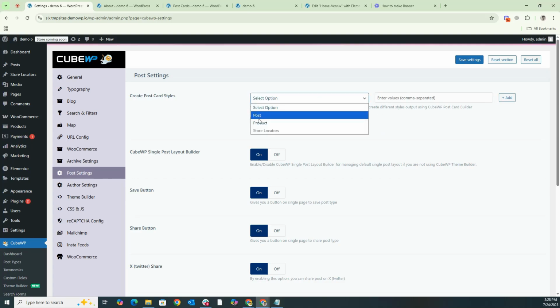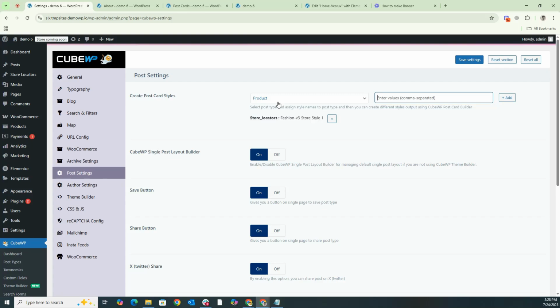First we need to select our post type, which needs to be selected as product. After that you decide how many styles you want to create. For this product post type, however many posts there are, how many cards do you want to create to display them? You might want to create multiple options. Let's say you want to show them in a different way on the home page. If you want to display them differently on another page, or in another way on some other page, you can create multiple designs and multiple styles.